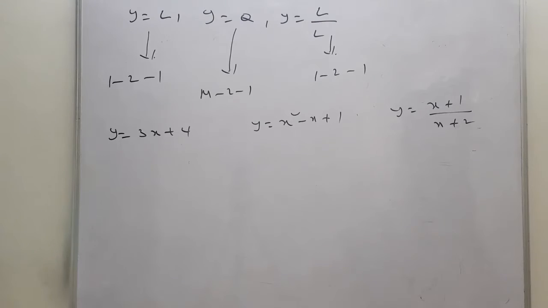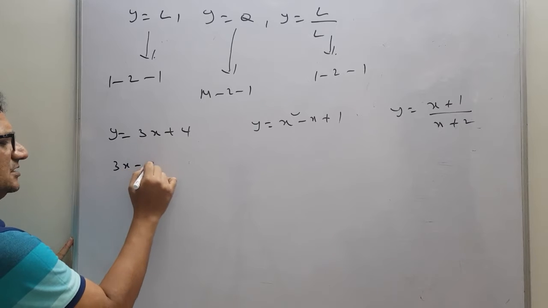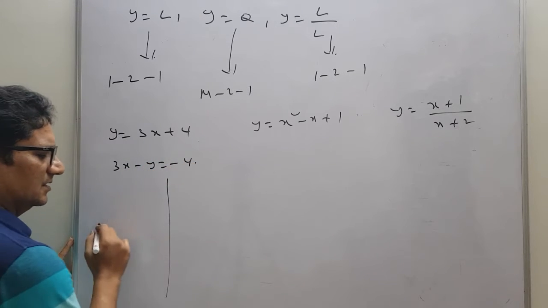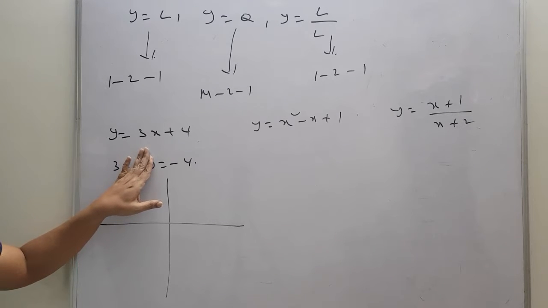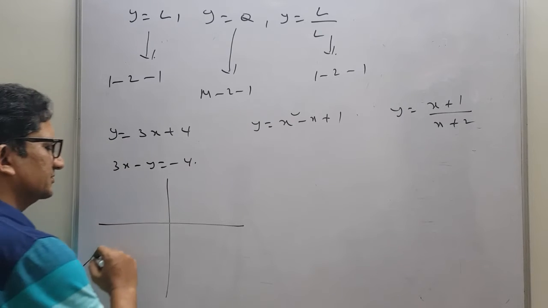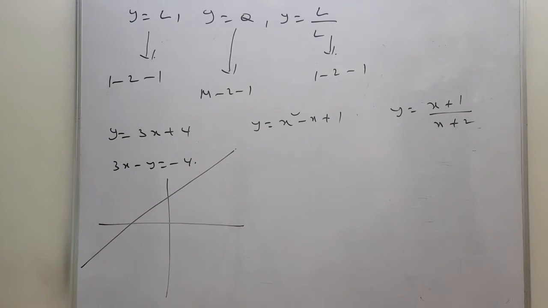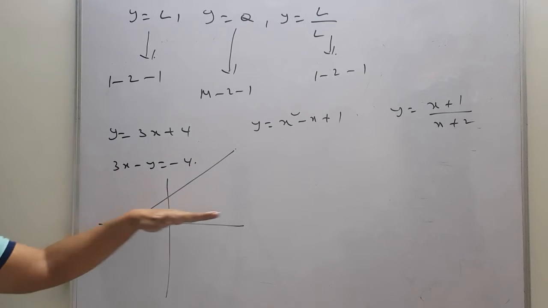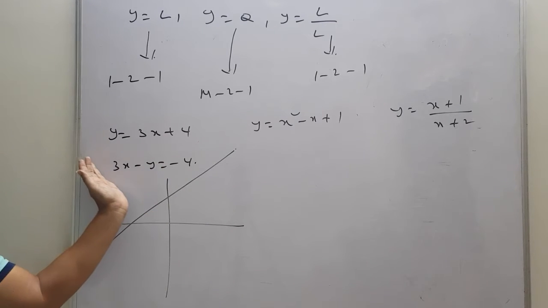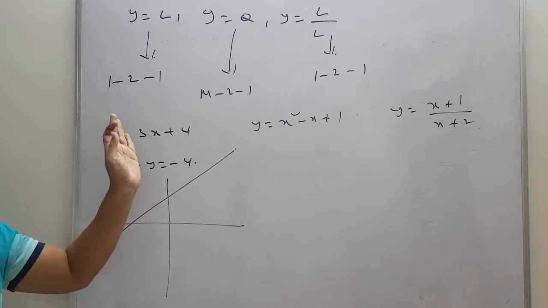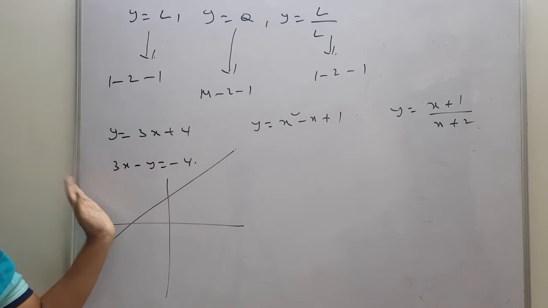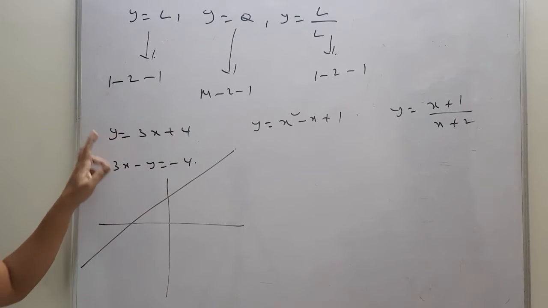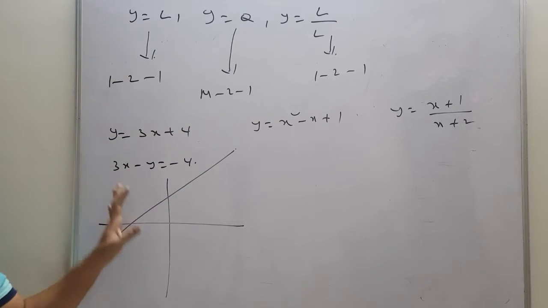So if you have such formats, then the function will be always 1 to 1, because we know that this is 3x minus y equals to minus 4. 3x minus y equals to minus 4 is a straight line which x intercept is negative and y intercept is positive, means we will get a line like this type. So the linear line in this direction is clearly an increasing function. Or if you take a line in this direction, for suppose any line, because a linear function is always a straight line, it will be a decreasing function. Increasing and decreasing functions are always 1 to 1. That means when you are finding linear, straight away you write it as this one.